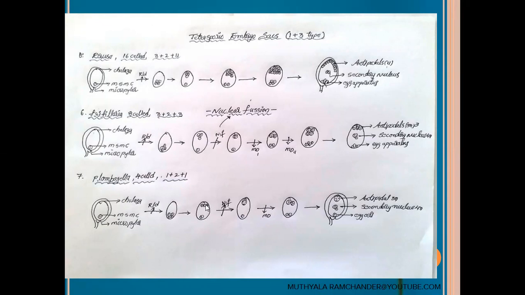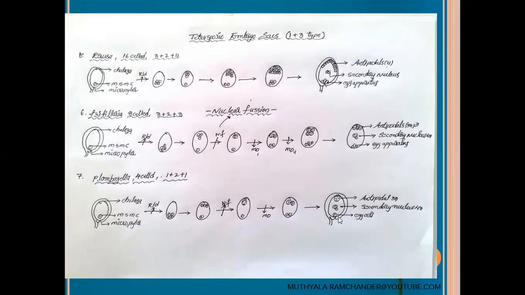At the chalazal region, the 3 megaspores are fused to form one triploid cell, and at the micropylar region 1 haploid cell. They participate in the first mitotic division to form 4 cells. At this stage, at the chalazal region 2 triploid cells and at the micropylar region 2 haploid cells are present. From each corner, one single cell moves to the center region of the embryo sac. They act as a secondary nucleus. See, from the chalazal region 1 triploid cell, from the micropylar region 1 haploid cell. Total 4N stage secondary nucleus is present in this embryo sac.